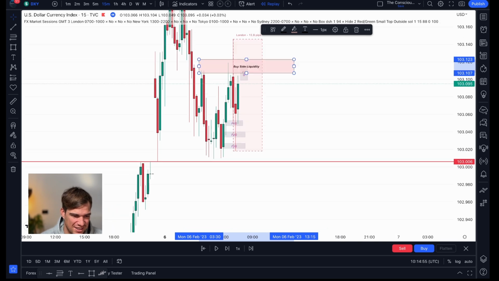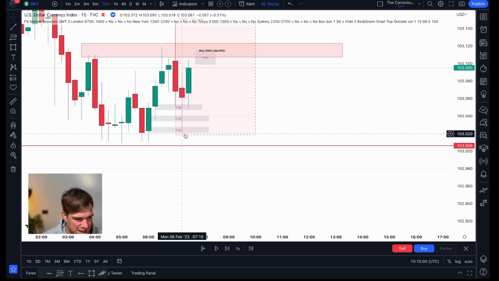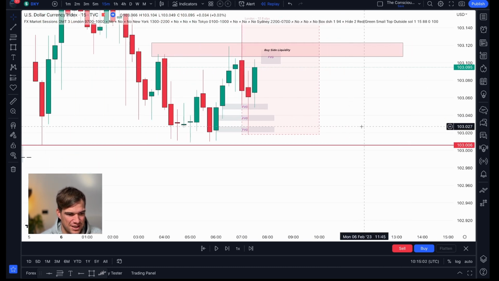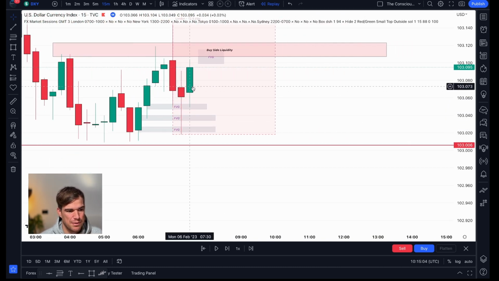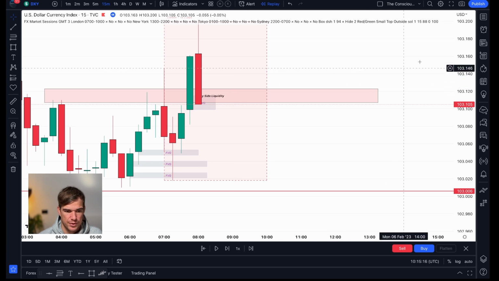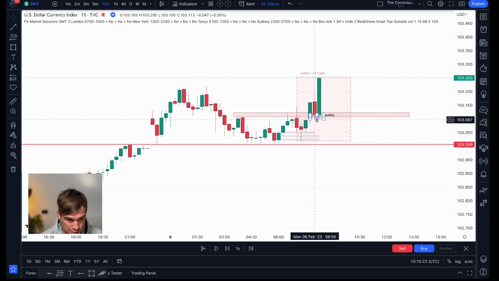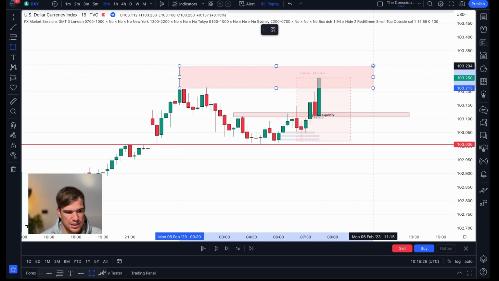It's so good when that happens and your analysis works out. Look at that. Okay, not to the pip, but close enough. It filled all the fair value gaps and then pushed higher. So this would have been my opportunity. What time is this? 7:30 to have my long opportunity on the pound. Then it came up, failed to take the highs, came back down, then went all the way to the top to take this buy side liquidity here.